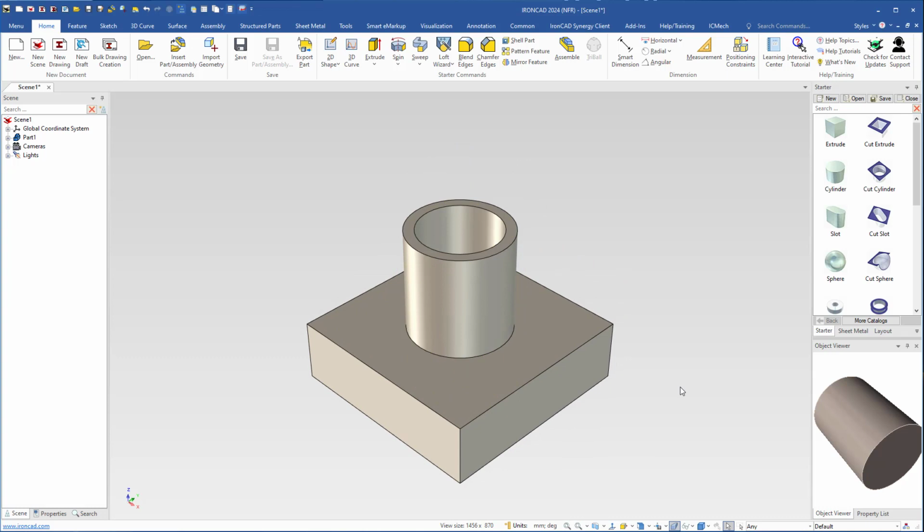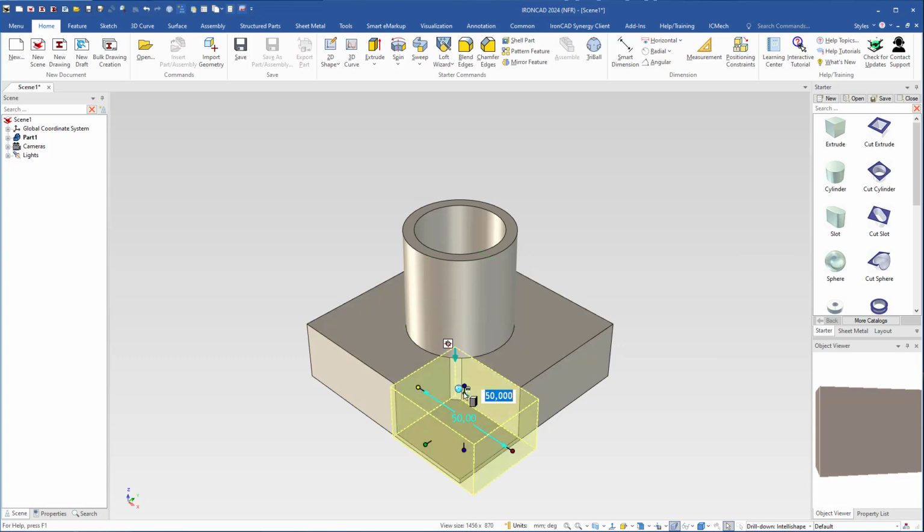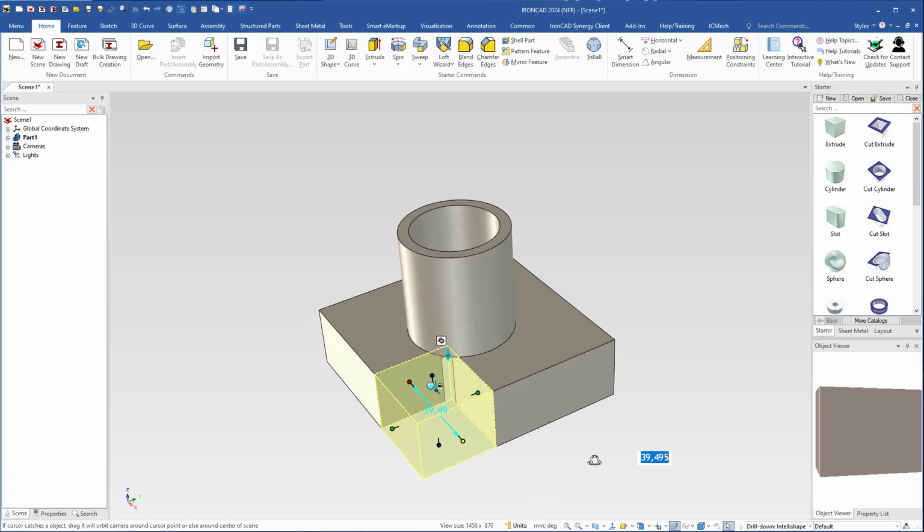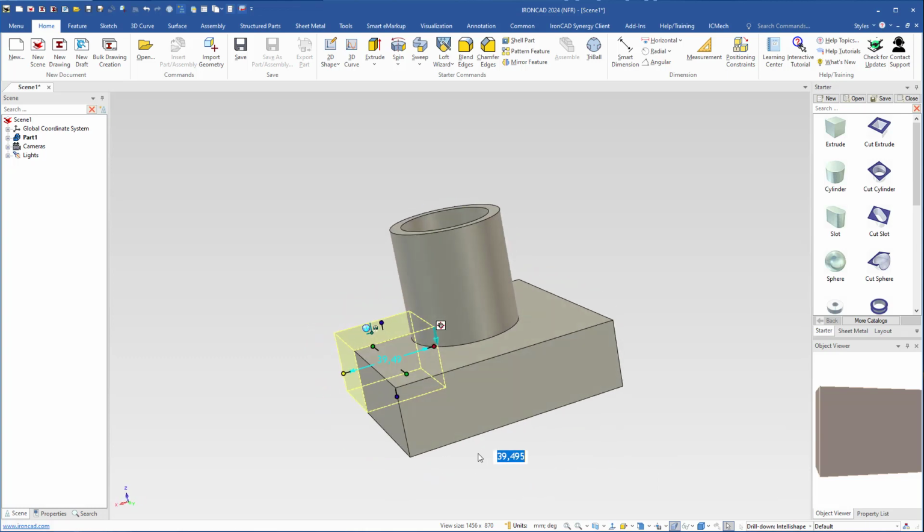I will remove more geometry, so I come up here to select Cut Extrude, drag it and drop it here, and I will adjust this Cut Extrude. So I will grab this green handle, use the shift key, snap to this side, then I grab the lower blue handle, use the shift key to snap to the bottom, and then I grab the red handle, use the shift key to snap to this side, then I orbit the camera to this position here, to this angle,